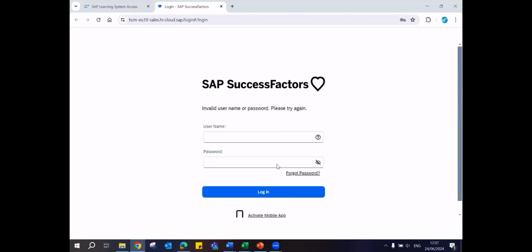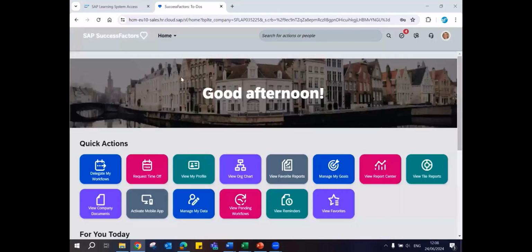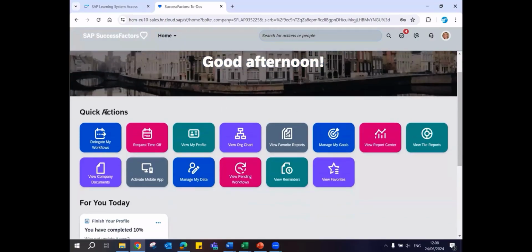And once you log in with your credentials, this is the first page that you see. This is the home page, SuccessFactors home page, we can say, that will display the client logo on the left hand top. It starts wishing you good morning, good afternoon messages. It has different icons on the system such that each and everything, with a single click, will take you to the internal parts of the system. With a single click, that can navigate you to the internal applications in the system. Those are quick actions.